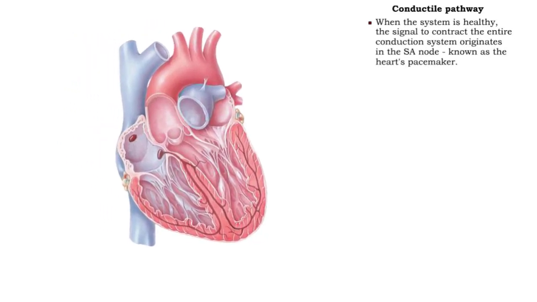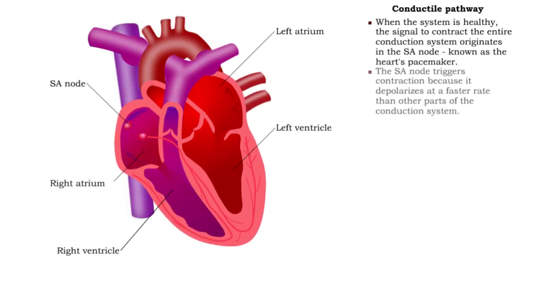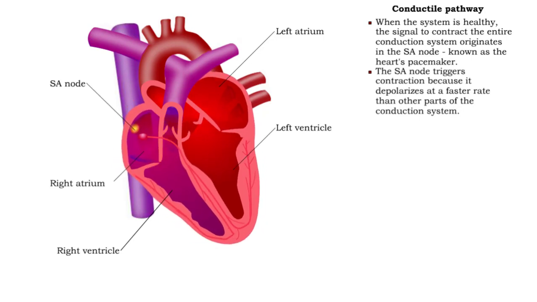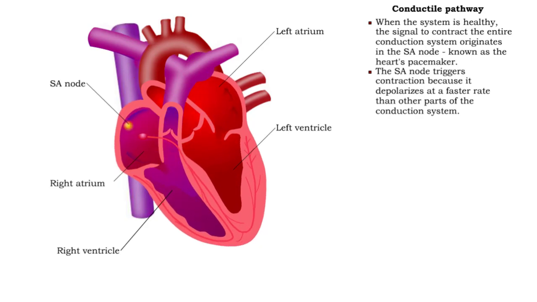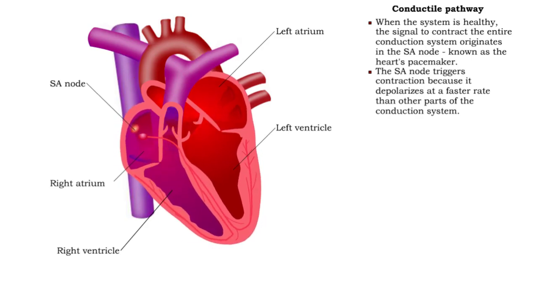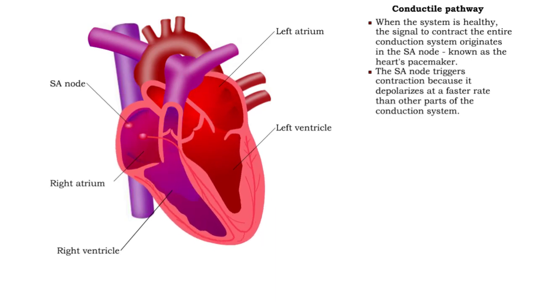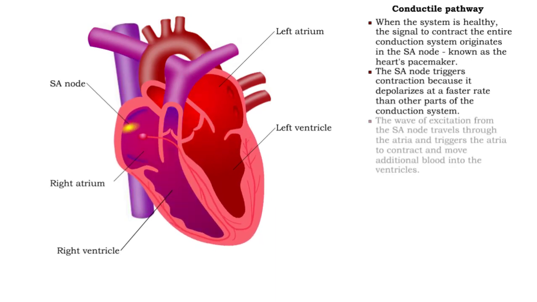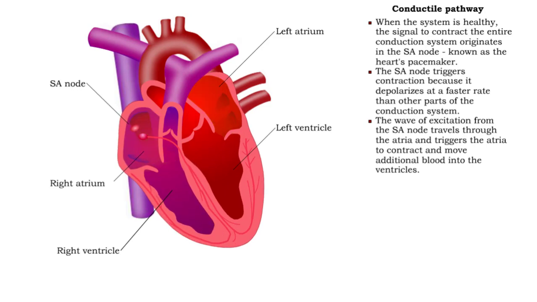The SA node is known as the healthy heart's pacemaker. Action potentials generated from the SA node spread to other areas of the conduction system and trigger contraction before the other areas are able to generate action potentials at their own slower rate. As the action potentials move through the atria and reach the AV node, the atria contract, moving blood into the